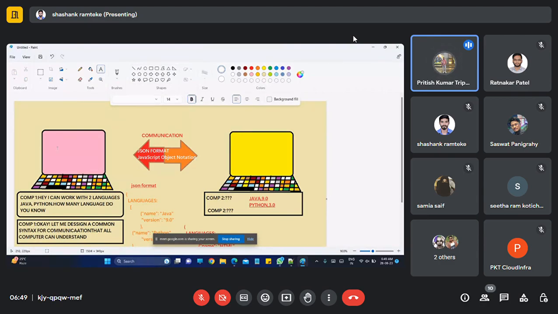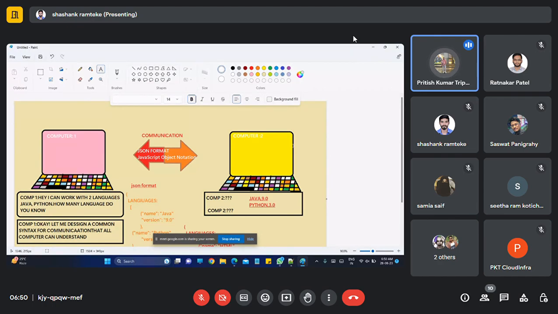Okay, and now we understand that this JSON file we are creating in order to establish certain communication between two resources. This is computer 1, this is computer 2. Now I want to communicate between two resources.